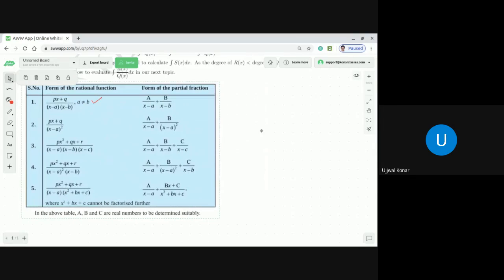If I write it here, the moment we found out how to perform that, the moment we found out the value of capital A and capital B, then the integration of (px plus q) divided by (x minus a) into (x minus b) dx should become: capital A is a real constant, it will be taken out, correct or not? Yes. dx by x minus a plus capital B integration dx by